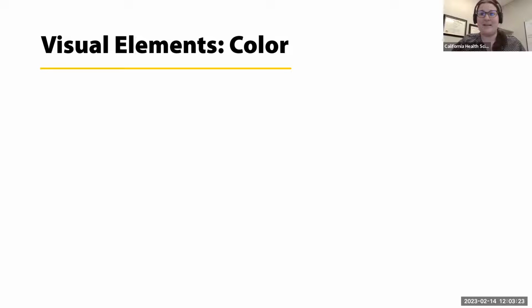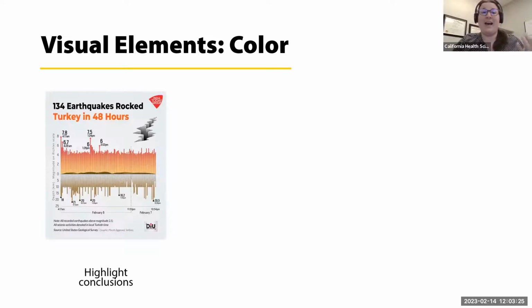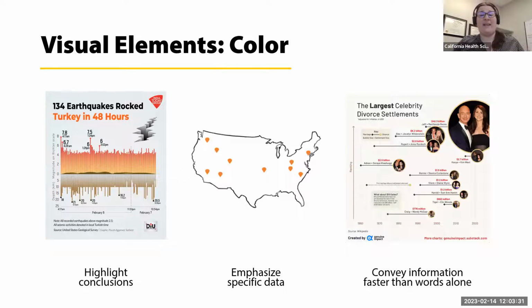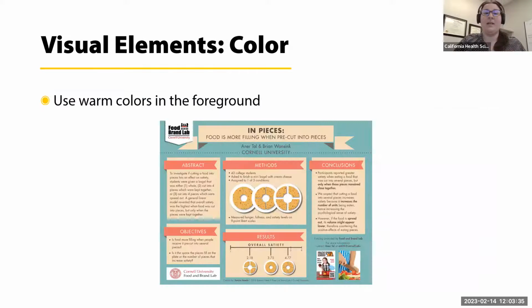Color is amazing because it can do things like highlight conclusions about data or emphasize specific data. And it's also really good at conveying information faster than words alone. Well, I kind of got a little bit ahead of myself. Some good things that are important to know about colors, because we have to be careful about it too, is